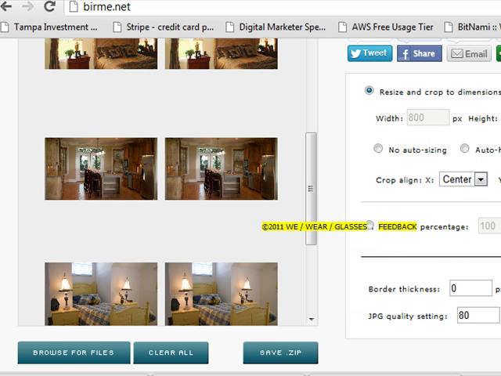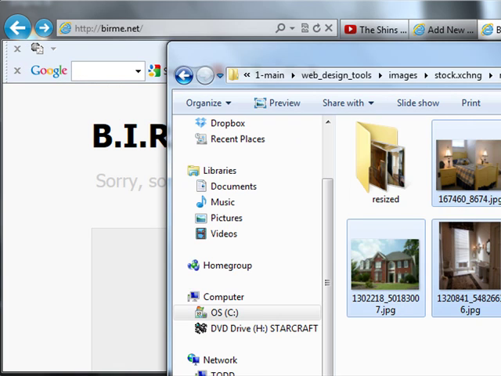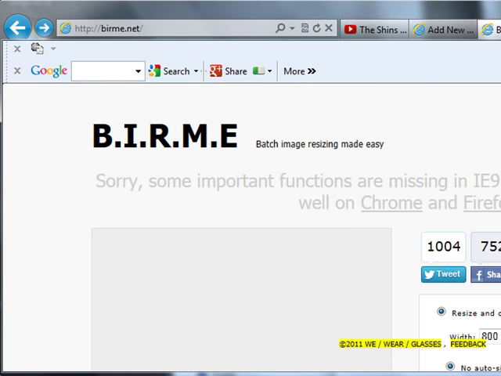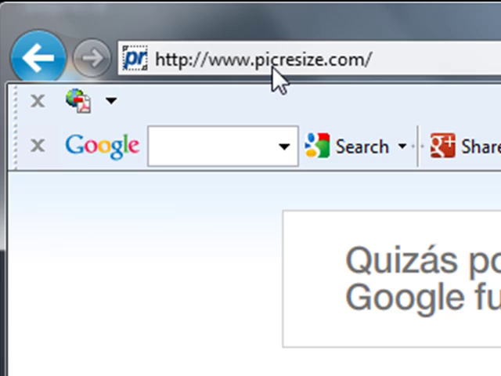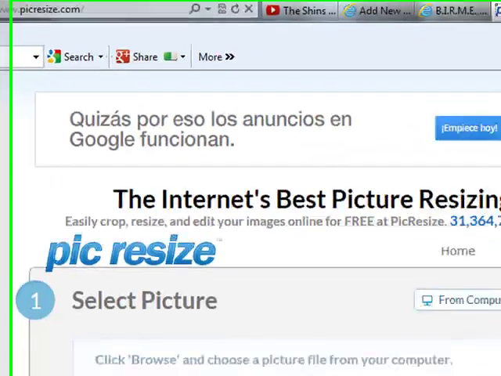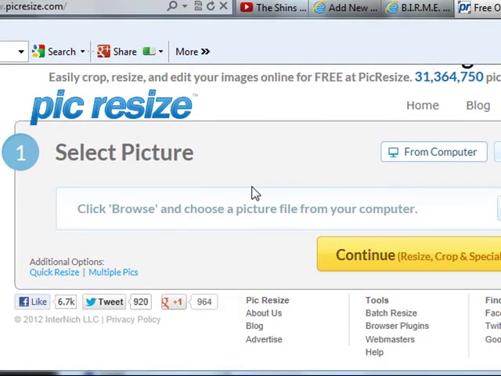So that's one way of doing that. But again, you need to use Google Chrome or Firefox to use this site. Another one, there's a site called picresize.com, and the default option is just to do one picture at a time, but there's an option if you scroll down for multiple pics,